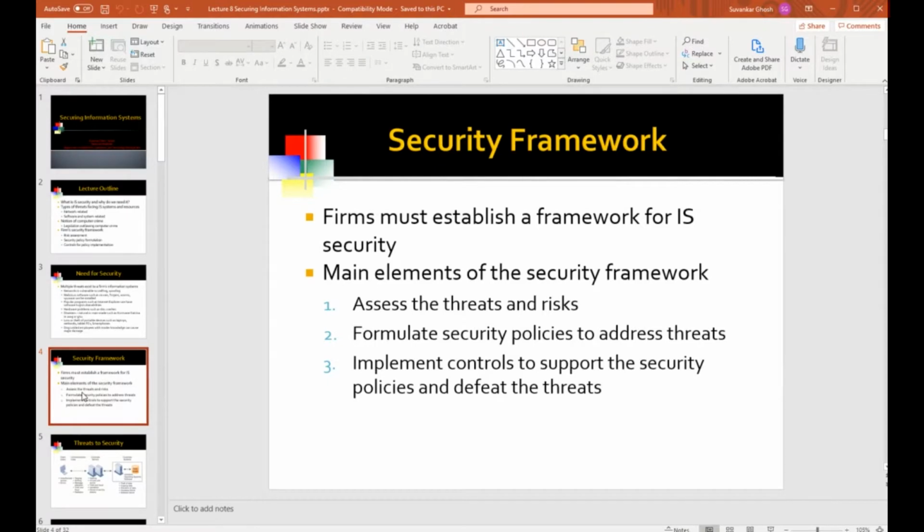Once you've assessed the threats, once you have some idea of what you're facing, then you define policies, security policies. Policies define what you need to protect. You see, not everything needs to be protected at the highest level of security. Security is expensive. You go out and hire these security vendors, well, they'll cost an arm and a leg. So once you have an idea of your threats, then figure out what you need to protect.